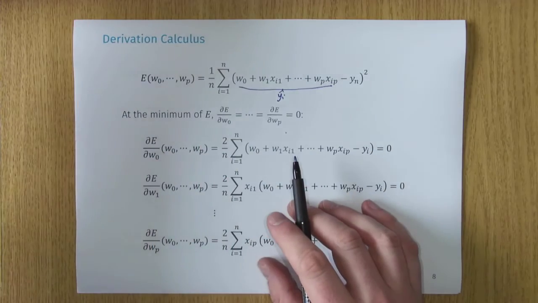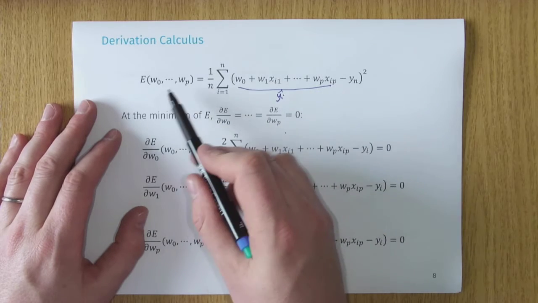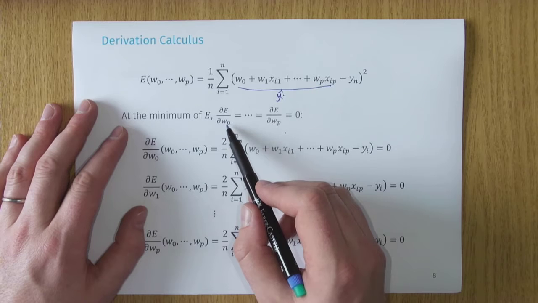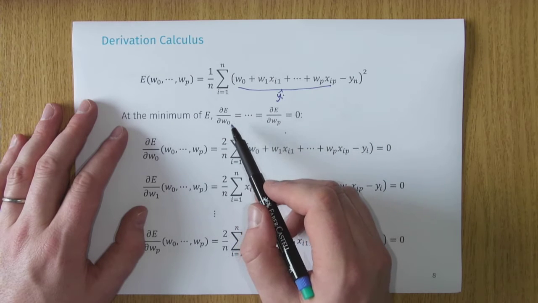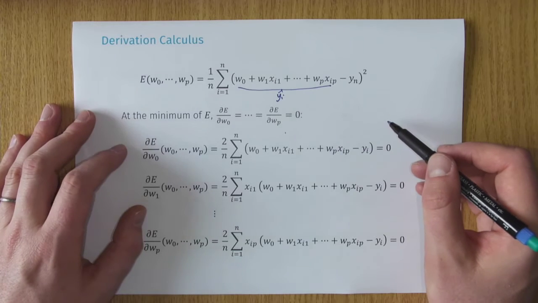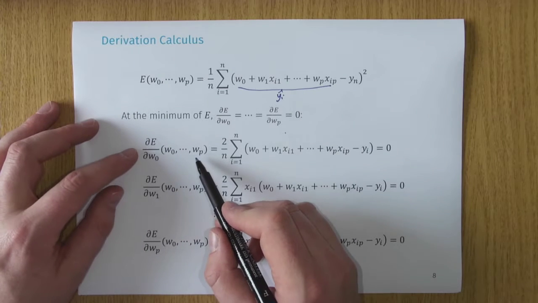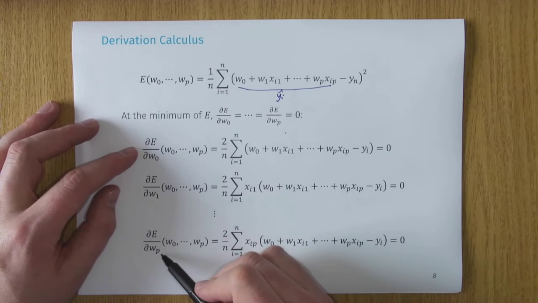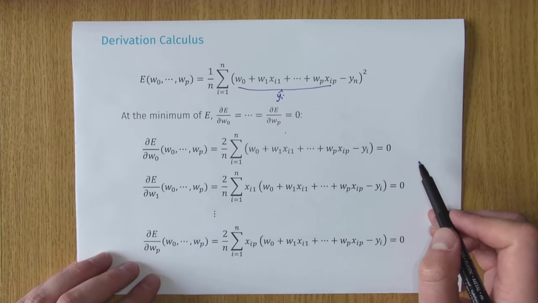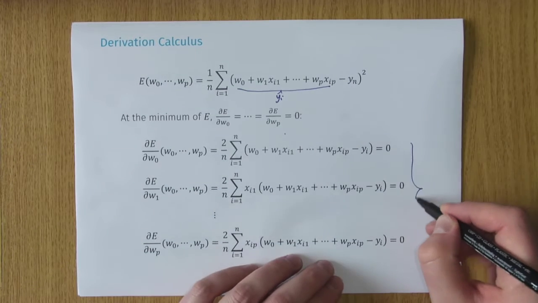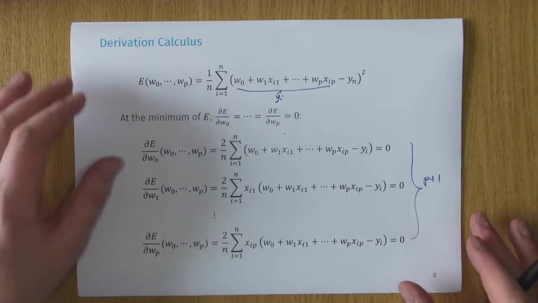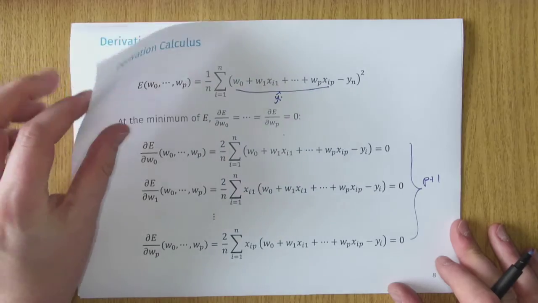And we saw that this is a function of your weights, and at the minimum of E, we must have these conditions. So the gradient of E with respect to all the parameters is 0. And we saw that by explicitly deriving this expression for each of the weight parameters, you get basically a system of P+1 equations. Rewriting these equations, as we saw yesterday,